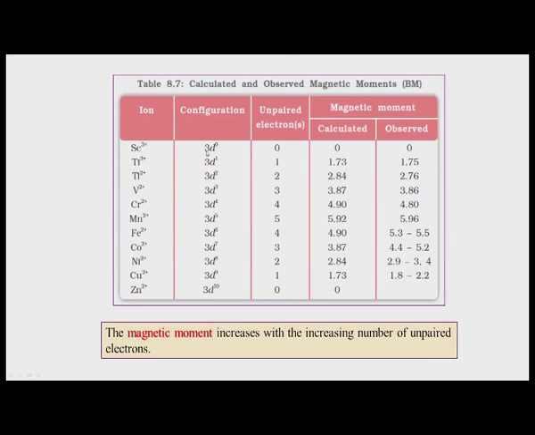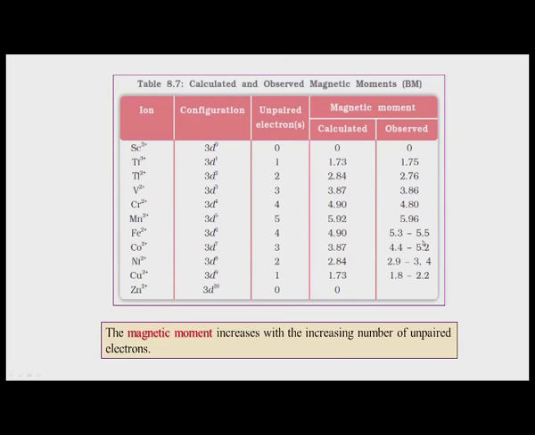If we remember all these elements from trivalent scandium to zinc 2 plus, having electrons from 3d0 to 3d10, and the magnetic moment changing, we can get some idea of how the experimental magnetic moment deviates from the spin only value. These are the theoretical values, and we can apply them in our next chapter on coordination compounds, where we will find these values helpful in identifying the nature of these compounds. So, how magnetic moment can help us in understanding or characterizing different compounds,